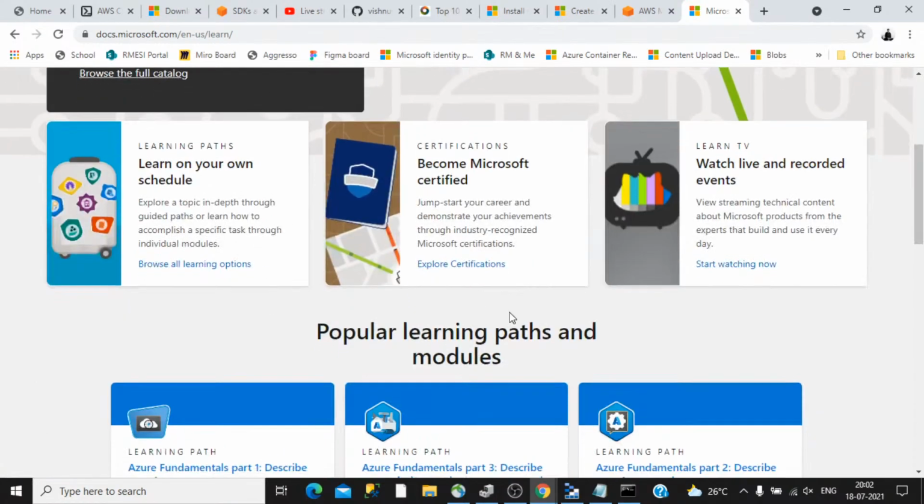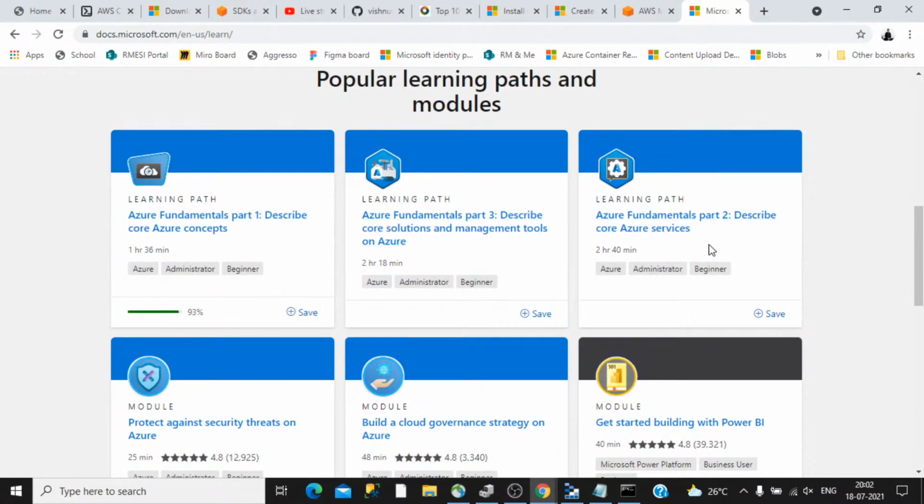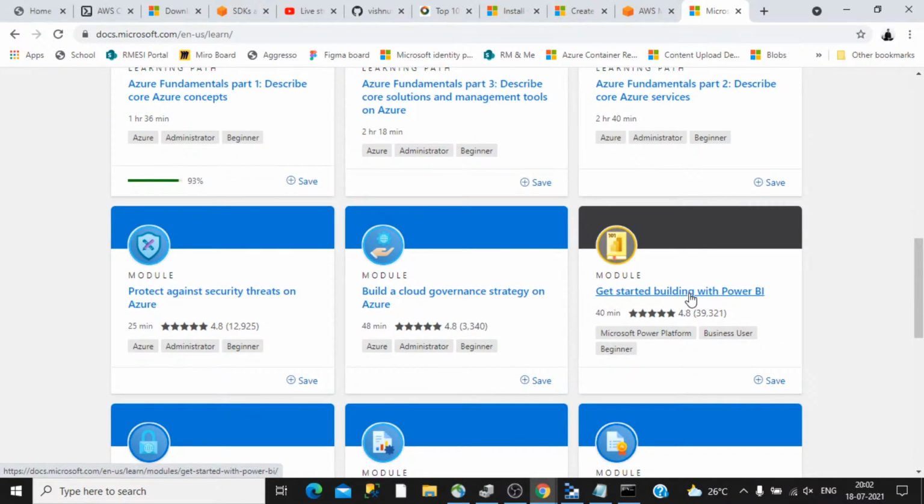There are a lot of different learning modules provided by Microsoft itself. Some of these modules have sandboxes built in. The sandboxes allow you to create the Azure environment on the fly, so you don't have to pay anything for that. That is a free sandbox provided by Azure.